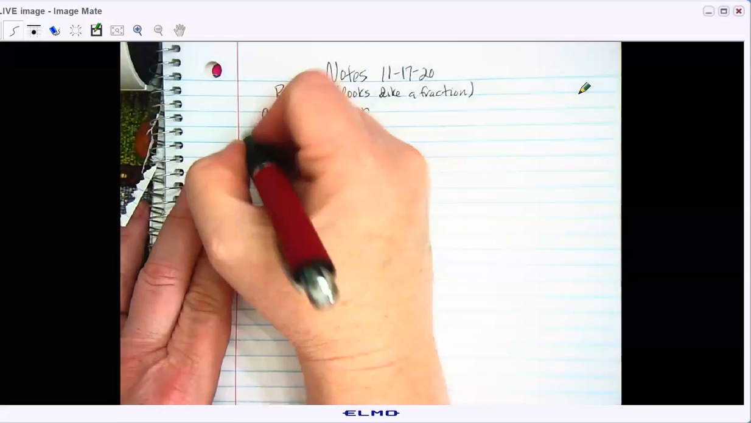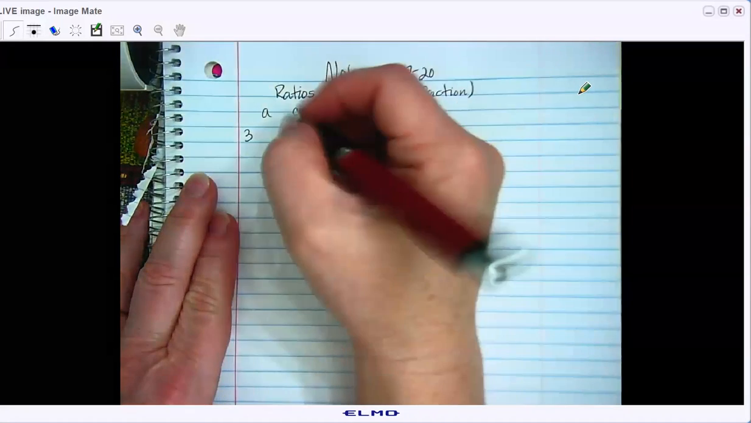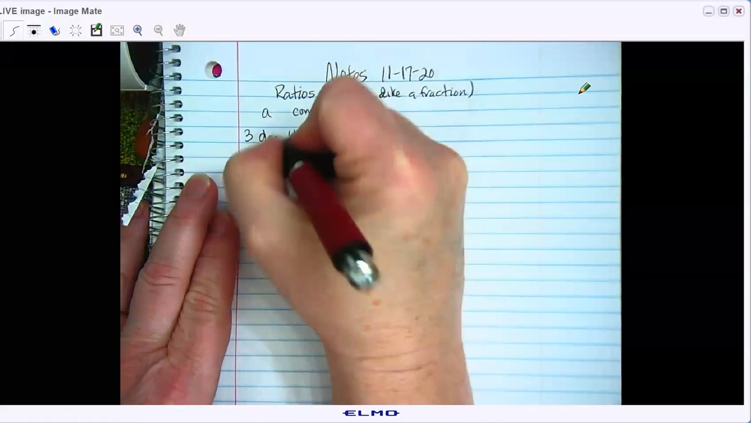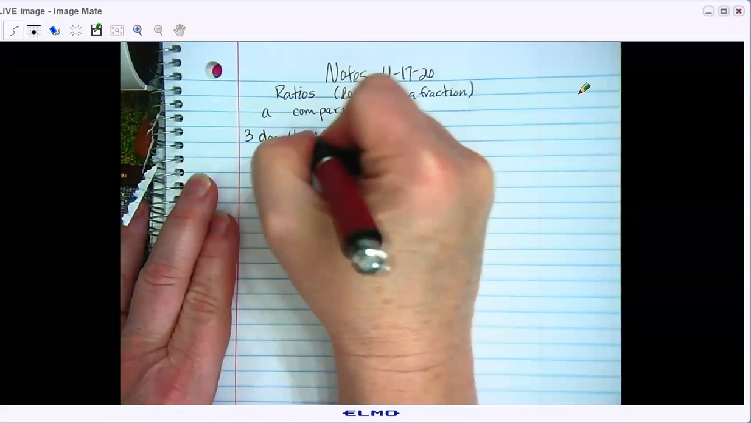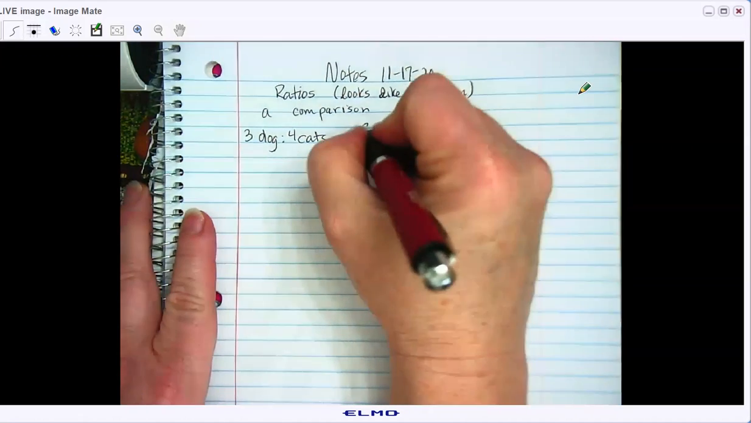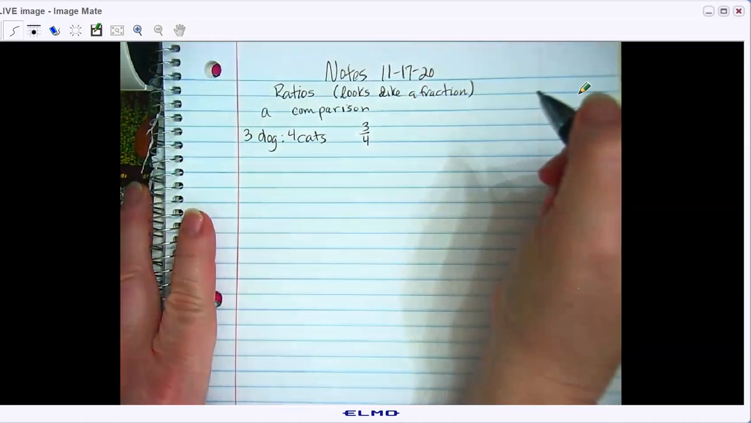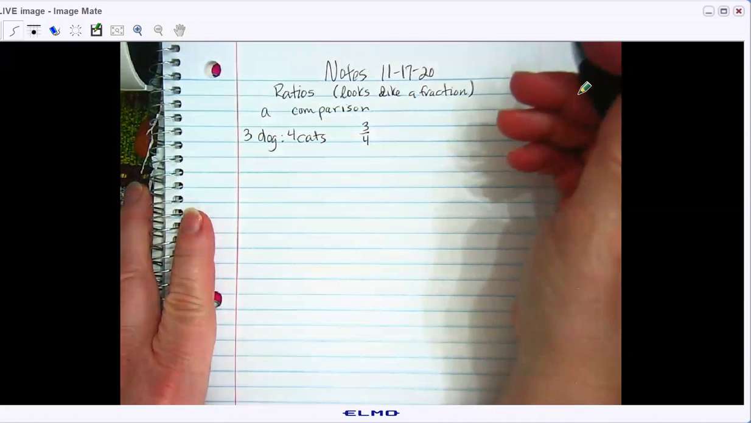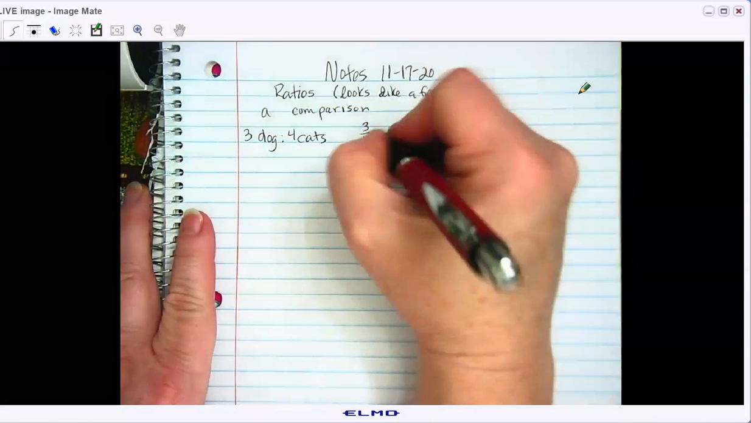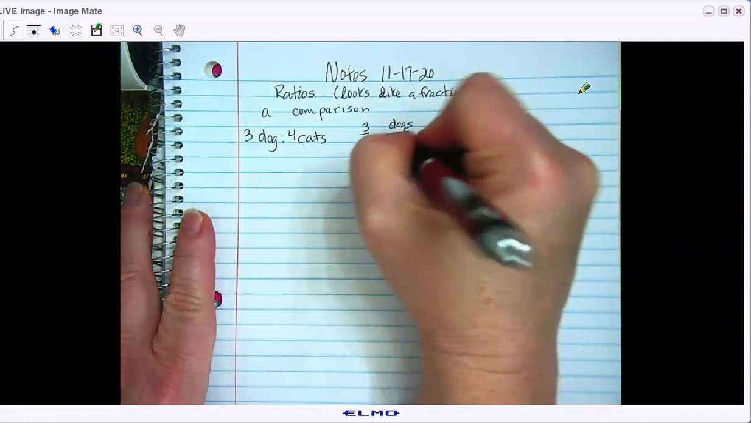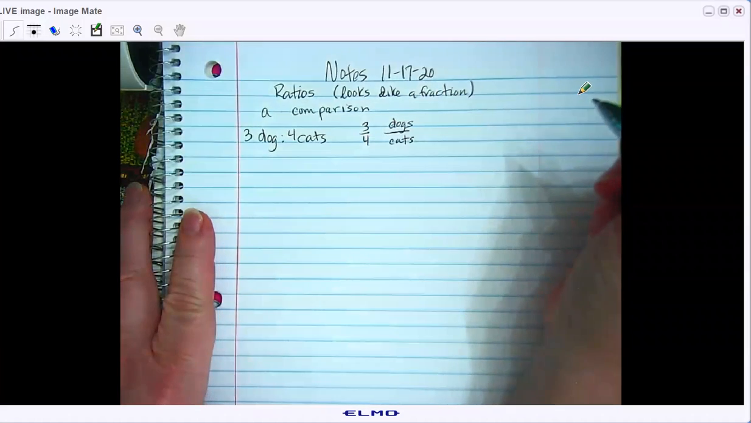If we were talking about just kind of a regular comparison, if I said I have like 3 dogs and 4 cats, I could write that as a ratio of like 3 to 4, or 3:4. Okay, that's if I wanted dogs to cats. I don't actually have that many dogs and cats, but